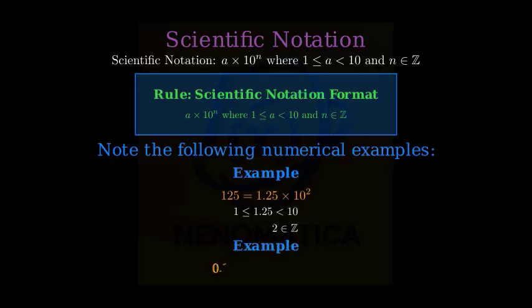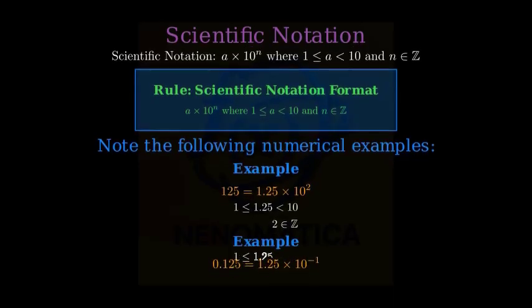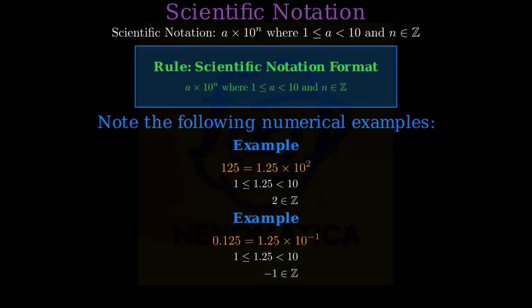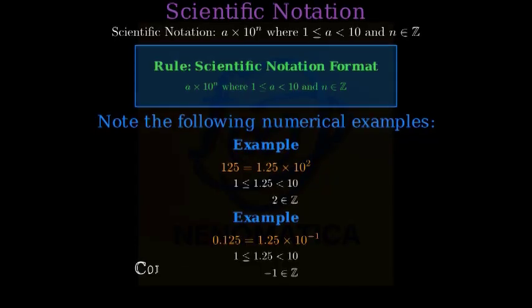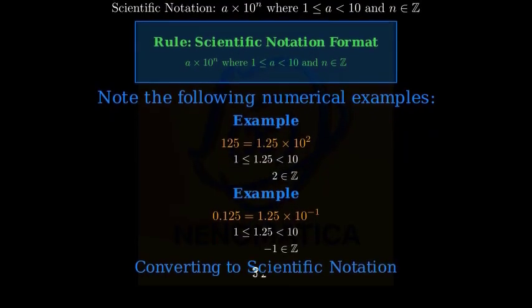Let's look at another example. Here we have 0.125 equals 1.25 times 10 to the power of negative 1. Again, 1.25 is between 1 and 10, and negative 1 is an integer. Let's try a step-by-step conversion. We'll convert the number